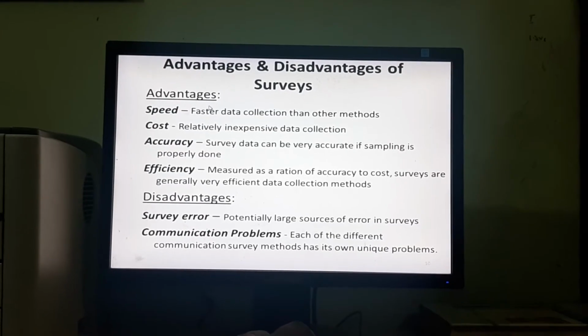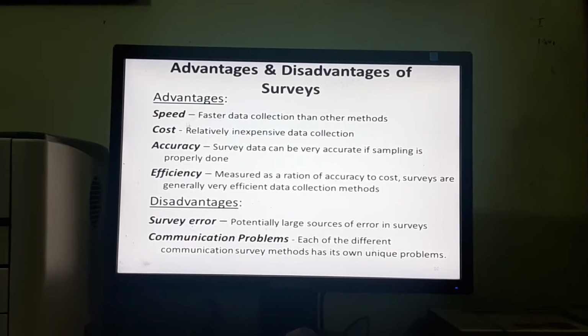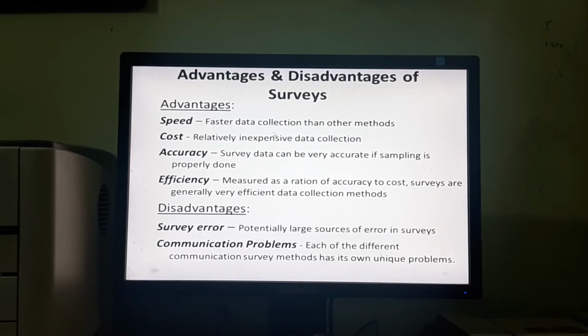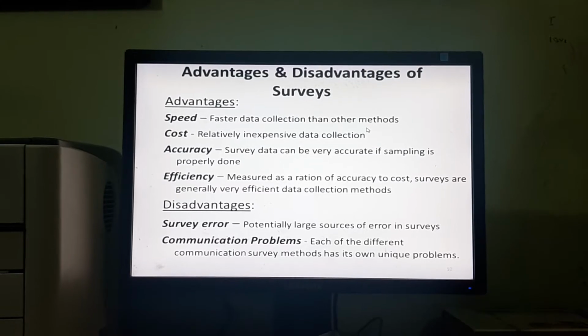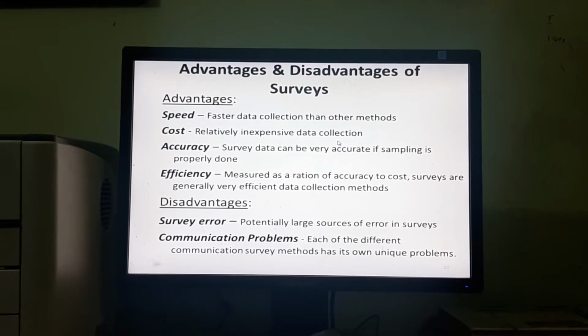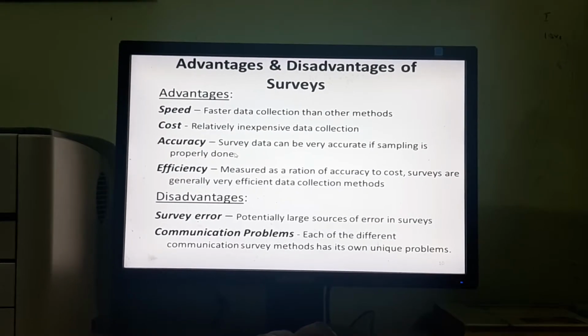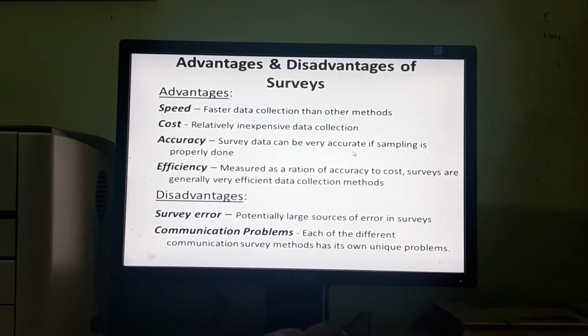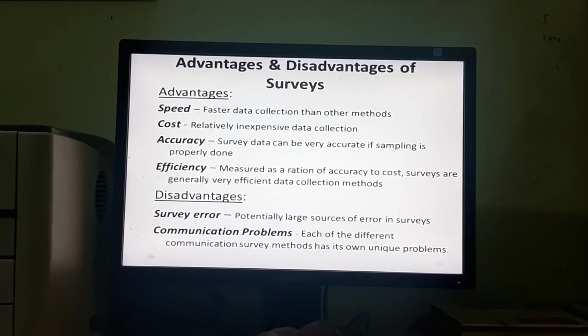Dear students, now we shall see specific advantages and disadvantages of survey research method. Advantages: speed. Survey research is faster data collection than other methods. Cost: relatively inexpensive data collection. Accuracy: survey data can be very accurate if sampling is properly done.